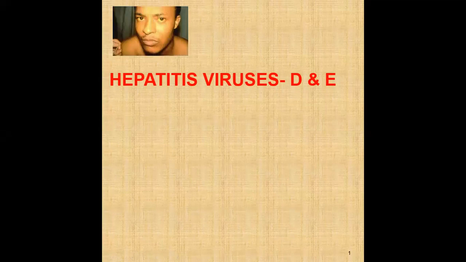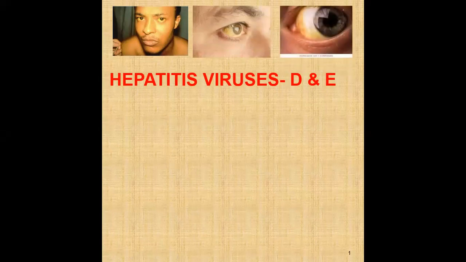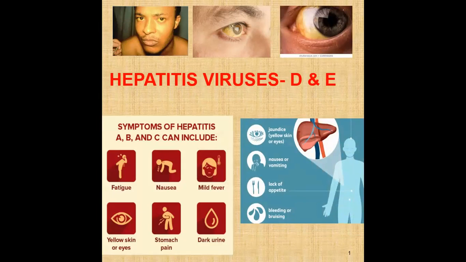In both types of disease, the signs and symptoms are a yellowish color observed in the skin and the eyes becoming yellow. Then the body shows different actions such as fatigue, non-responsiveness to medicines, nausea, vomiting, mild fever, stomach pains, dark urine, and a change in the fecal matter. All these are because of the attack on the liver.